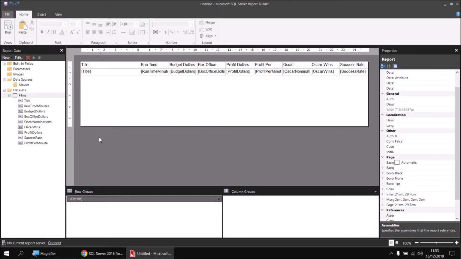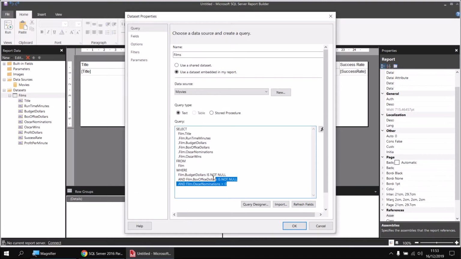For the final part of this video, I'd just like to quickly talk about some of the differences between adding calculated fields to a Report Builder dataset and adding expressions to the underlying SQL of your query which populates that dataset. To do this, I'm going to make a duplicate of the films dataset first. I'm going to right click on it and choose Dataset Properties. Then I'm going to quickly copy the entire query from the query text box